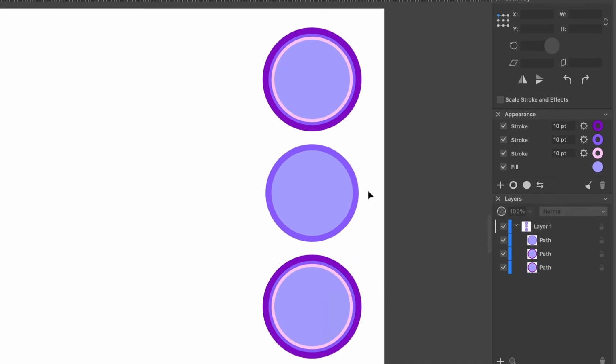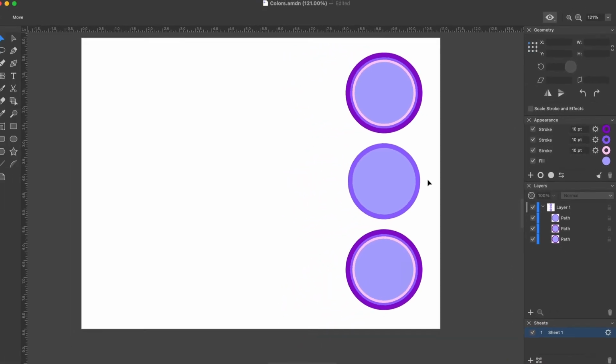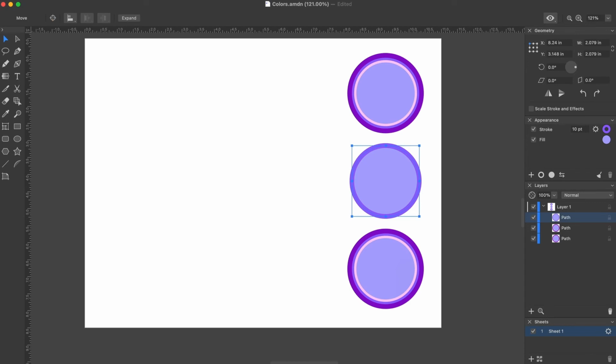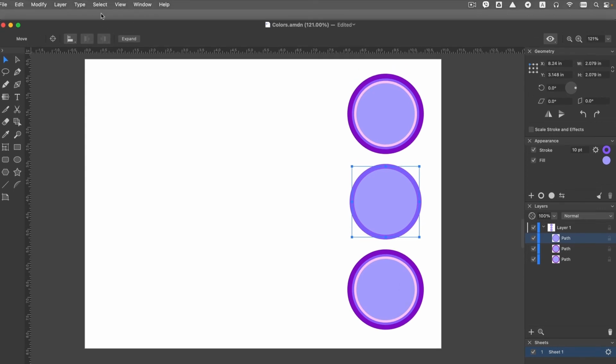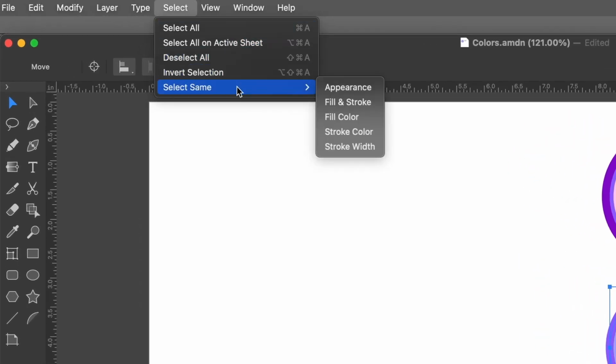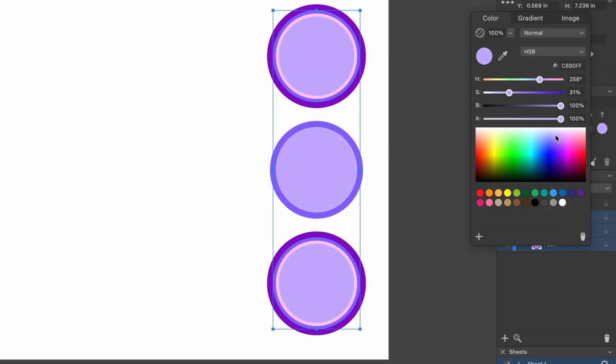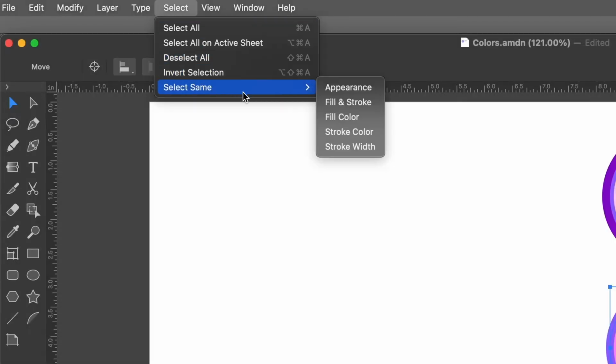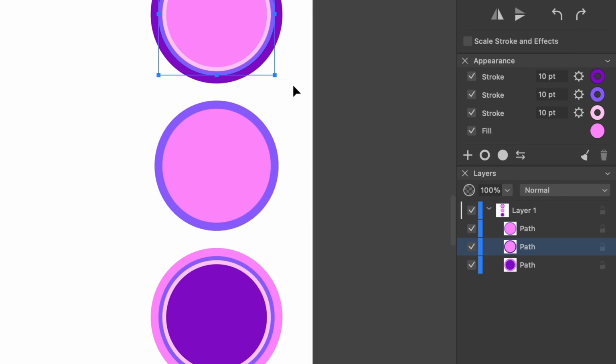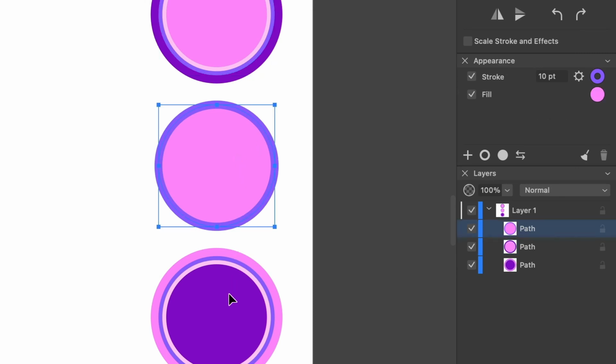Your design might include multiple objects that serve the same purpose and consequently have the same fill or stroke color. That can lead to you needing to change their colors together. In order to select only the proper objects, you can select one of them, then open the Select menu and choose Select Same, and then Fill Color or Stroke Color. After that, just set a new color. The Select Same menu contains other useful options. For example, if you opt for the same appearance, only those objects whose properties on the Appearance panel coincide will be selected. This includes everything from the stroke width to the direction of the shadow or amount of blur.